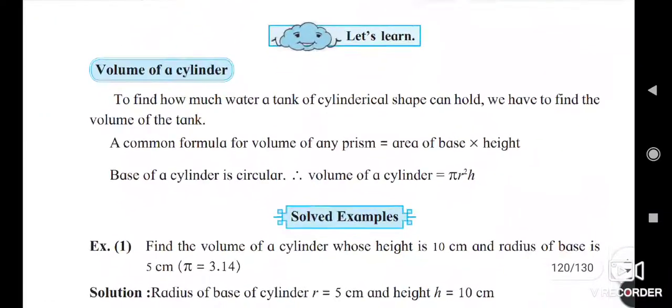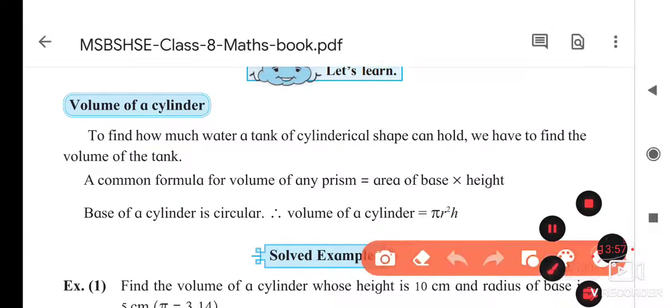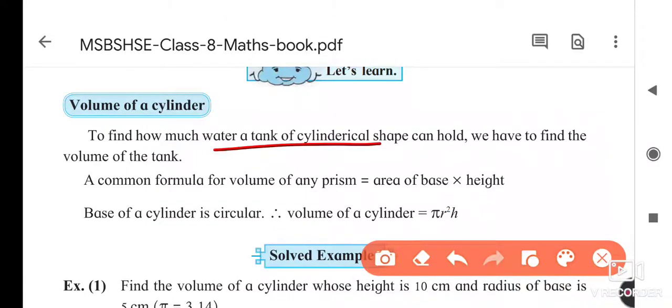In our next lecture we will see the volume of cylinder, otherwise I will explain you the formula. Volume of cylinder is equal to, to find out how much water, as I told you before, when we are finding liquids, that is volume we are taking. So volume is how much water can we fill inside this bottle or tank. That time we are finding the volume. So what is its formula?